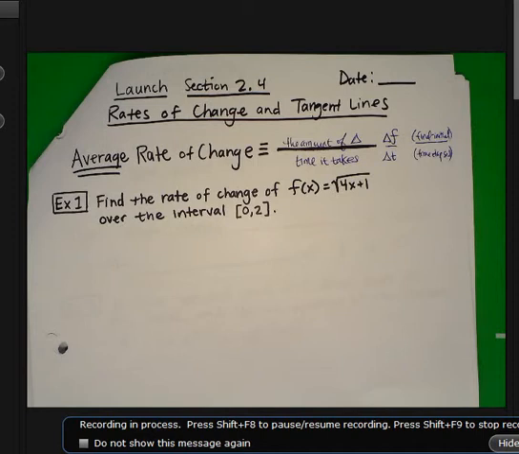But average rate of change is something that you've been learning about ever since you were in algebra. Average rate of change is the total amount of change divided by how long it took, right? So if I went 60 miles and it took me 1 hour, then my average rate was 60 miles per hour, right? Okay, so the first thing that we should be able to do, by the way,